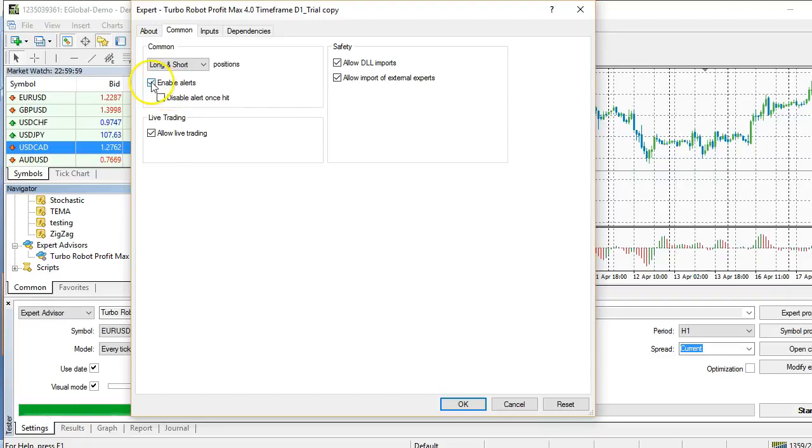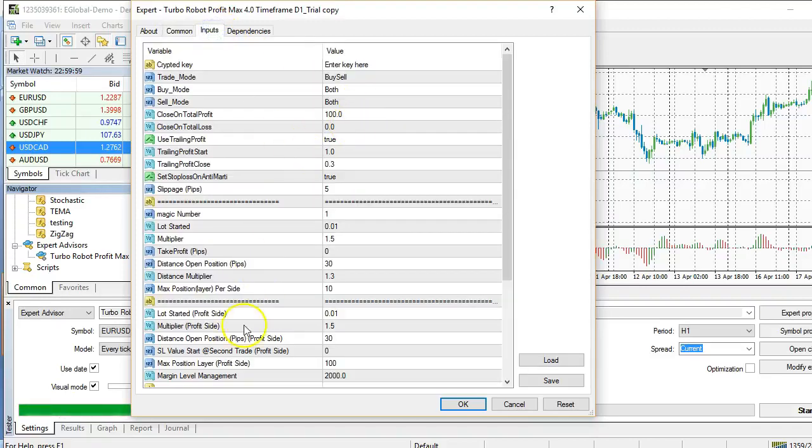position. Next is enable alerts. Disable alerts, just leave it with a tick. And then live trading, both of these boxes must be ticked. And then the safety here normally should be 3, but it depends on your broker. Just click it, all of these must be ticked. Next we have to input our